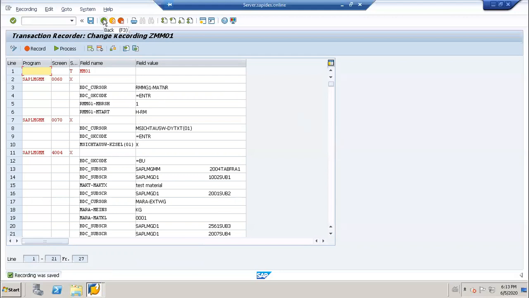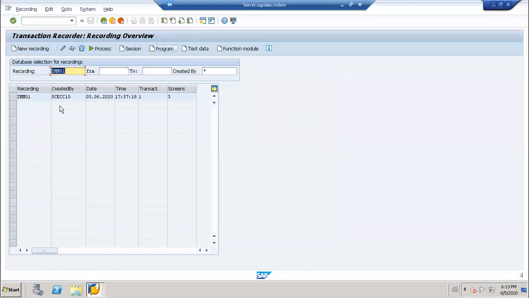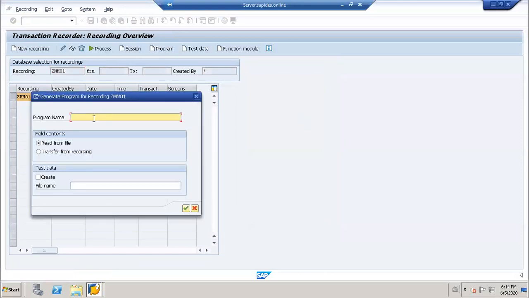So here what I'll do, I will go back. Here I will choose this one and I will click on program. Okay. So here I will do ZMM01 BDC. All transaction.